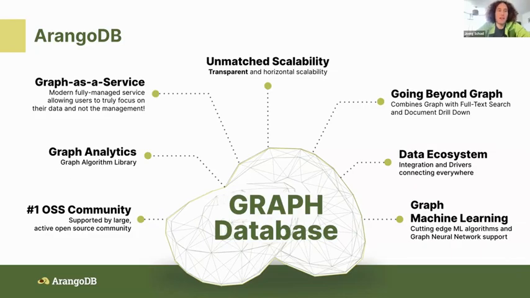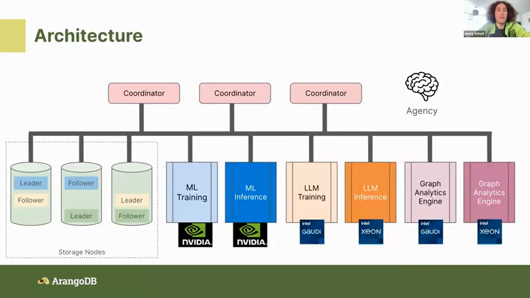But I think at its core, we are really a very scalable graph database. So we are really good at handling data in this connected world. Okay, what makes us so special, or what also makes us so applicable? So first of all, in terms of scalability, if you look at the architecture, we have a division